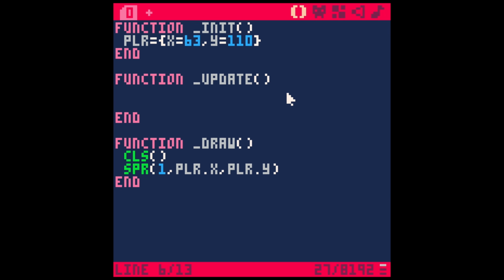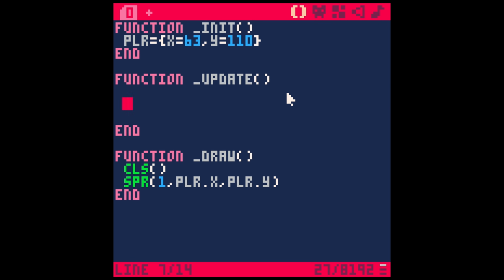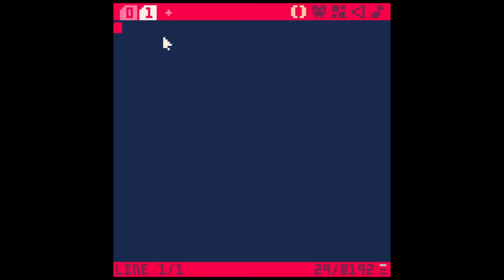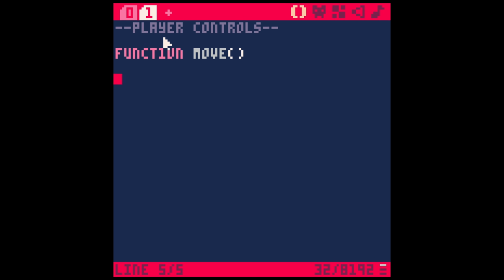So under update, let's make a function called move. I'm just going to say MOVE and then two parentheses, and down here, actually, let's make another tab and call this player controls, and we'll say function move, and we define what the function is. So if we're hitting a certain button, btn, which button? The left arrow. I can hit Shift L, and that's going to make a left emoji here. So if we're hitting the left button, then